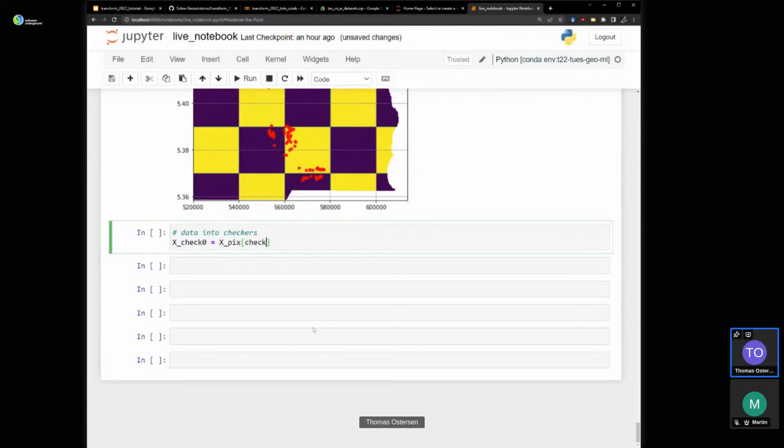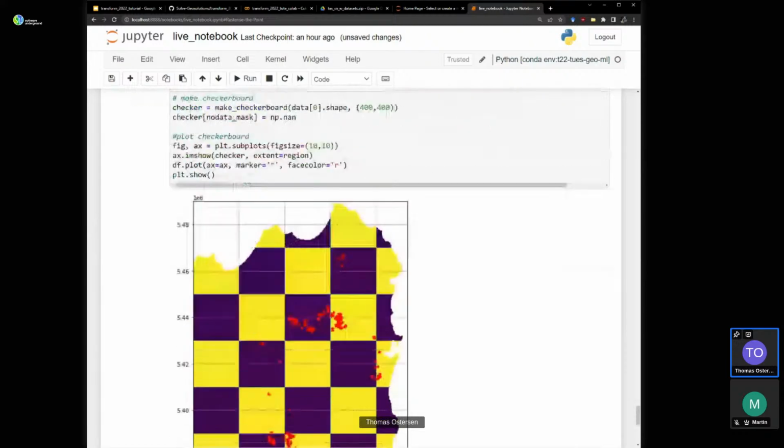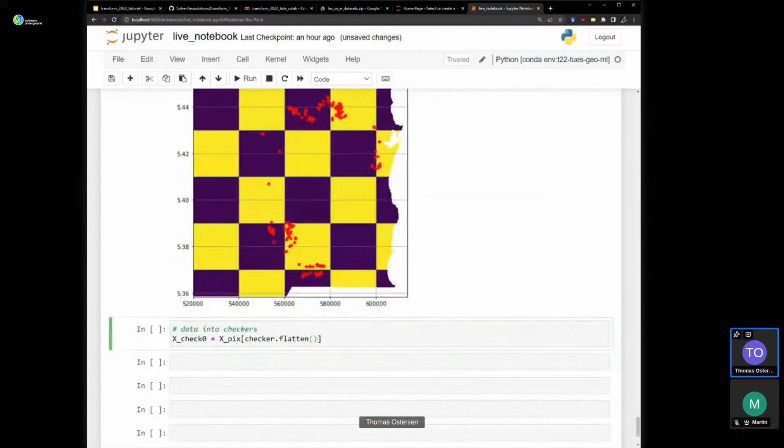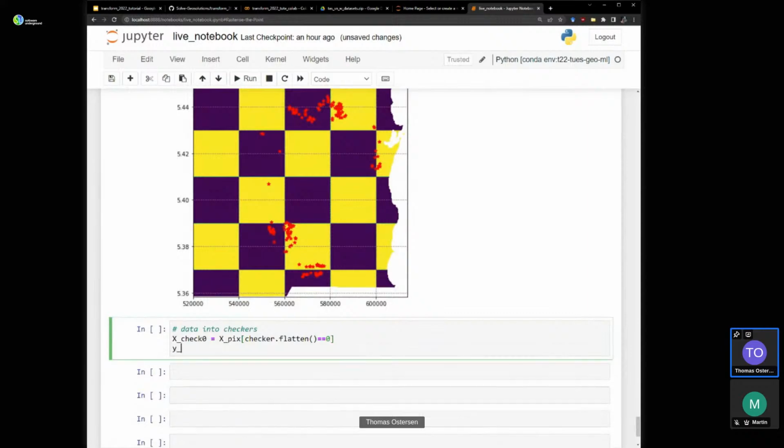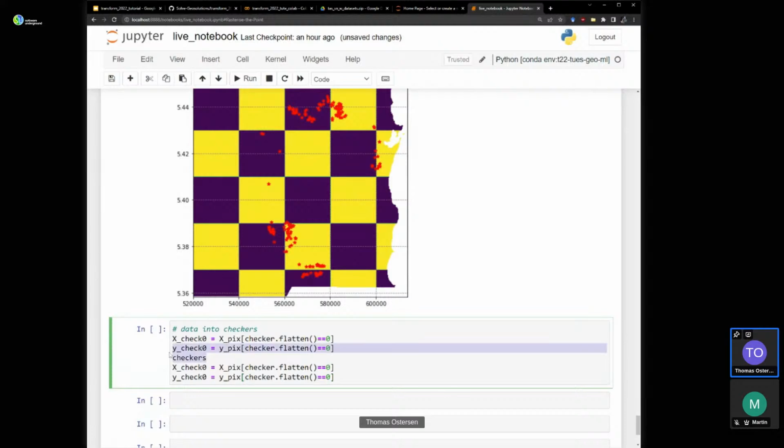Yes, X pix checker flatten. Is it called checker? Checker, yeah. Checker flatten equals 0. Y check 0 equals Y pix checker flatten equals 0. I'll just duplicate that for checker 1.